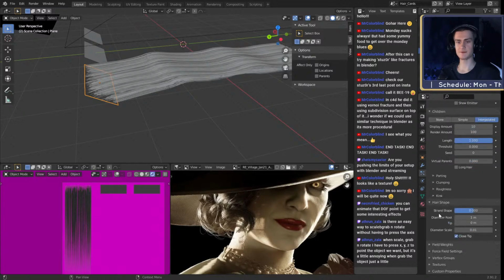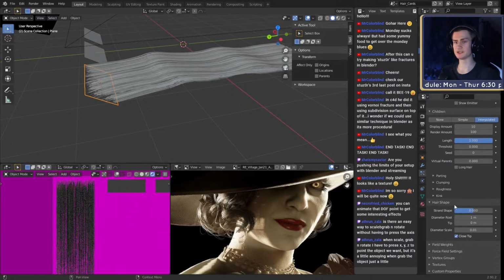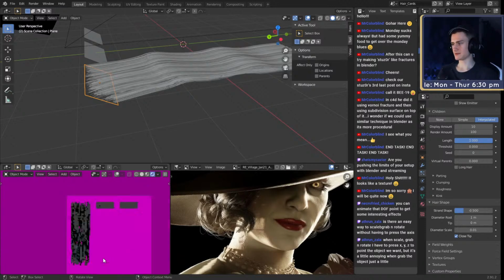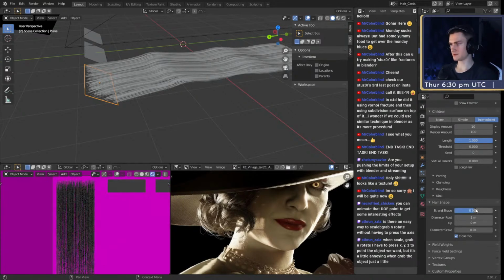So we can go to, where is it? Hair shape. First of all, what we can do is change the strand shape to something like negative 0.5. This basically adjusts the tapering gradient. So what 0.5 does is the thickness of the root stays for longer before it tapers off. As you can see, if I put that to 0, you can see right here it starts to get thinner.